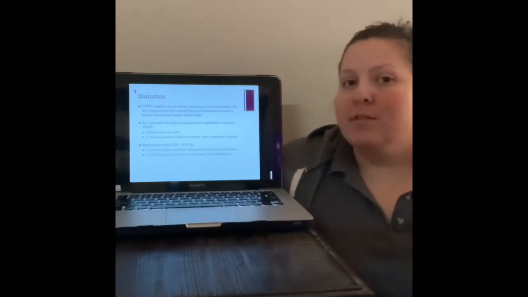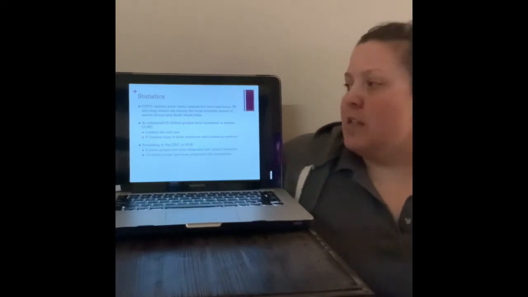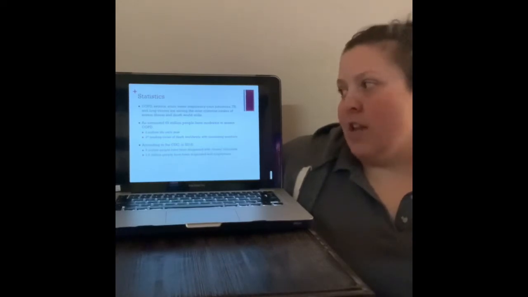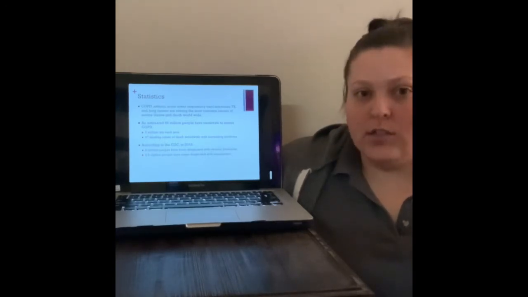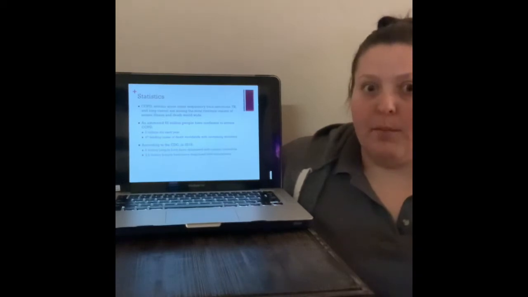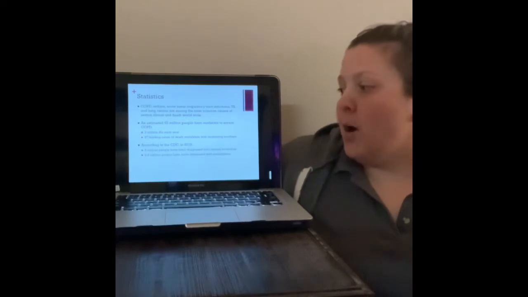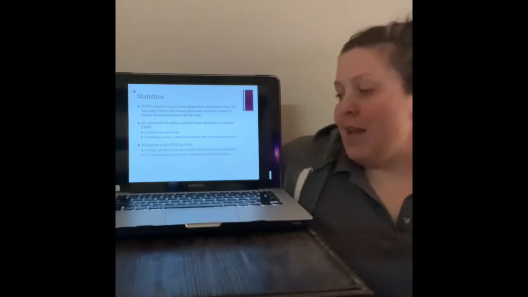So for some statistics, COPD, asthma, acute lower respiratory tract infections, TB, and lung cancer are among the most common and severe illnesses and death worldwide. An estimated 65 million people have moderate to severe COPD, and of those, 3 million people die each year. This makes it the fourth leading cause of death in the United States and worldwide. According to the CDC in 2018, approximately 9 million people were diagnosed with chronic bronchitis and 3.8 million people were